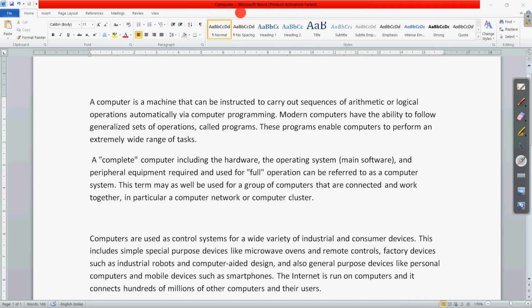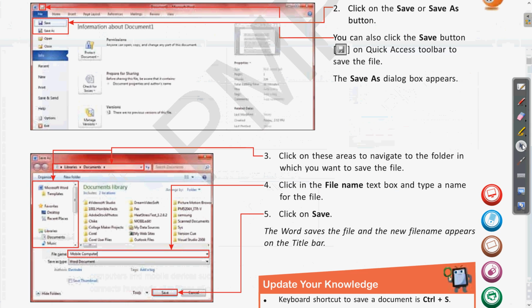So here the name of the file will be visible to you. Okay, so this way we have seen the different ways of saving, and also the different steps of saving the file.